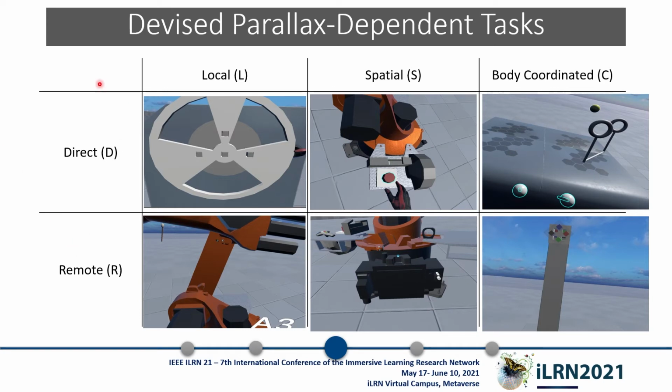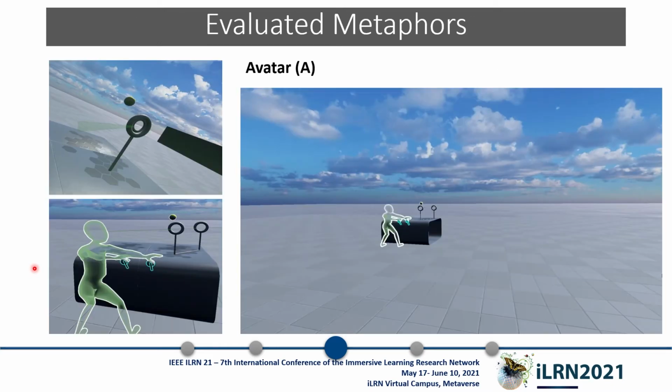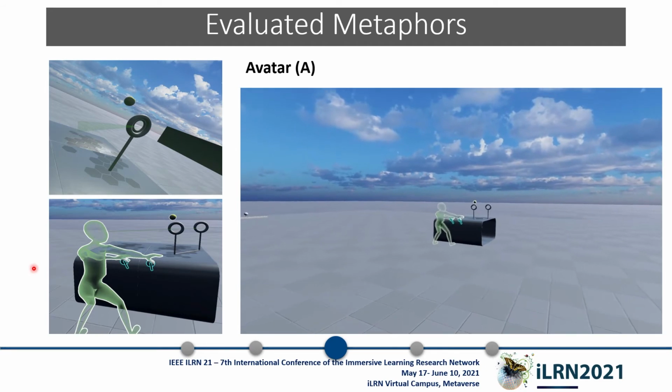These are further differentiated along the interaction dimension, so whether the interaction with the machinery is direct, or whether the machinery is controlled with a remote controller. The difference between the two is that in the remote case, the operator is not constrained to a given location while performing the task. The first metaphor that we implemented is based on an avatar that is shaded with a